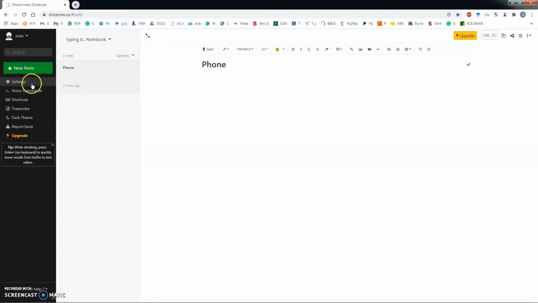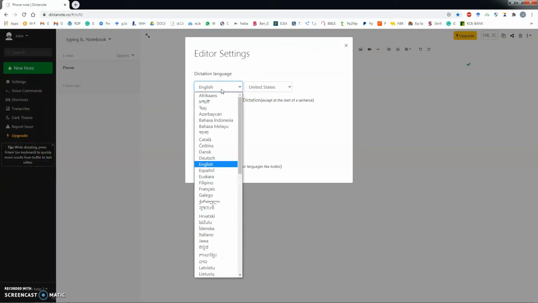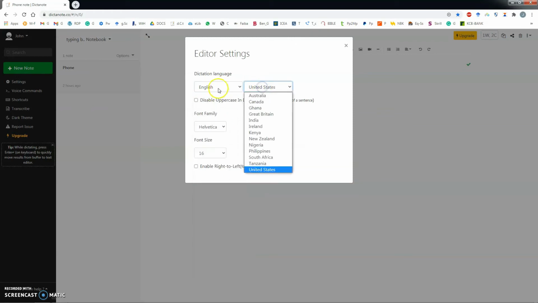Settings is where you set the dictation language, whether you want to use English or German or any other language, including French, Russian, and lots more. And then after selecting your language, which in this case is English, you can actually configure it further in terms of whether it's English from Australia, Canada, Ghana, Great Britain, India, Ireland, Kenya, Nigeria, Philippines, South Africa, and lots more. So what that does is that it configures the system to capture your voice accurately based on the phonetics of English available in